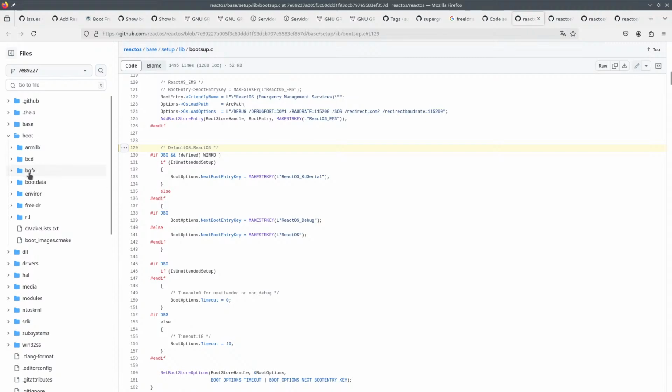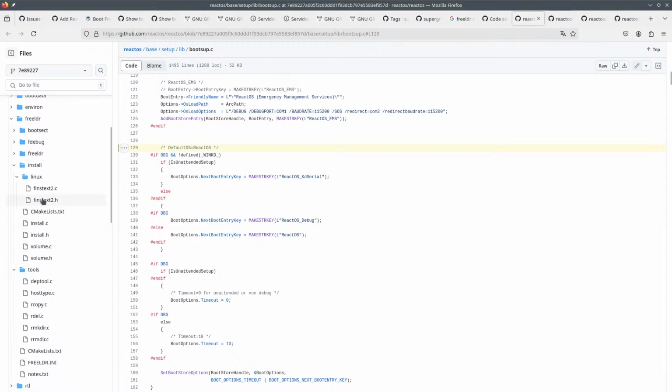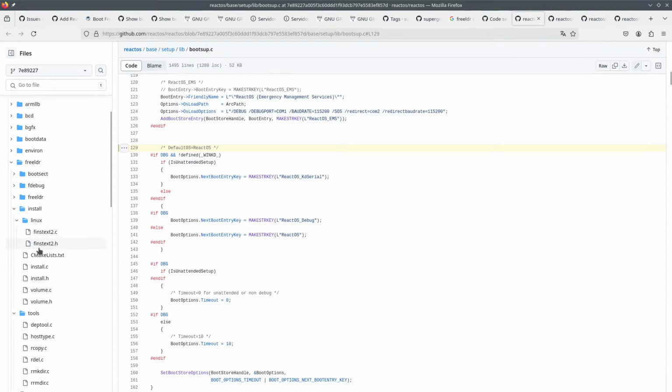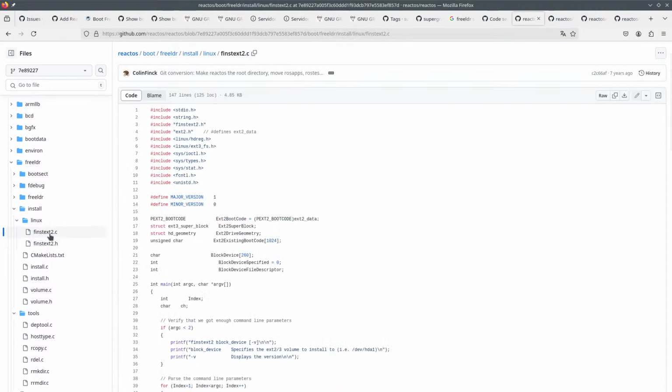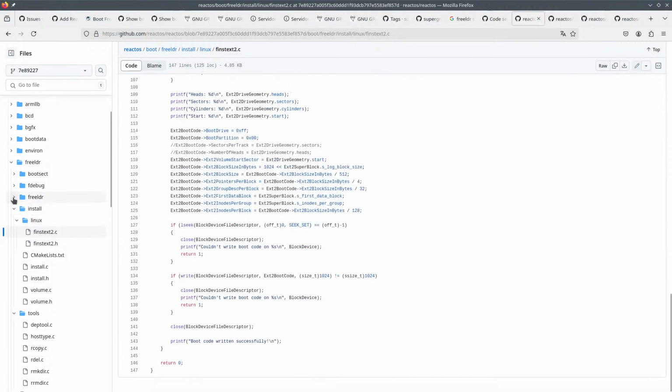Oh, look at that, BCD, FreeLDR, tools, copy, whatever, install Linux. What the hell? Okay, so this might be something that you use in order to be able to boot into Linux, I guess. So okay, so FreeLDR boot sector.